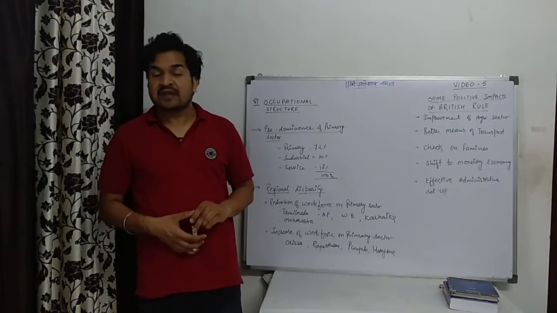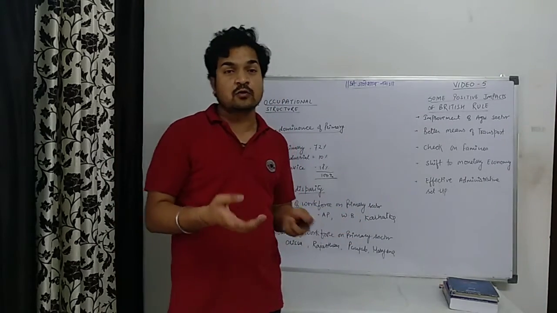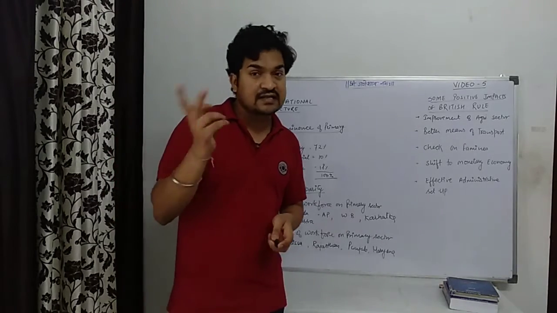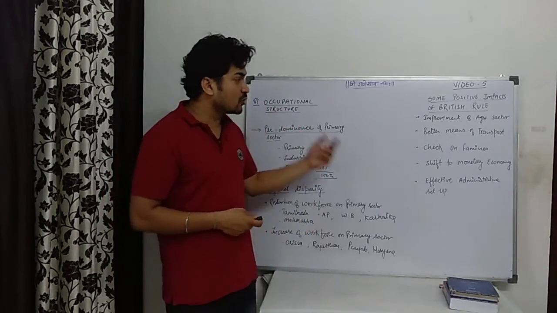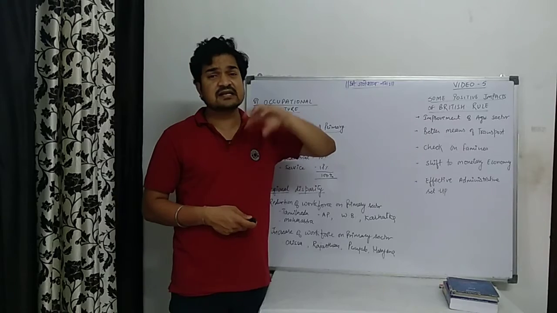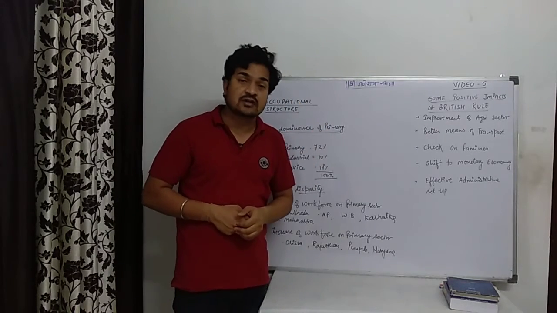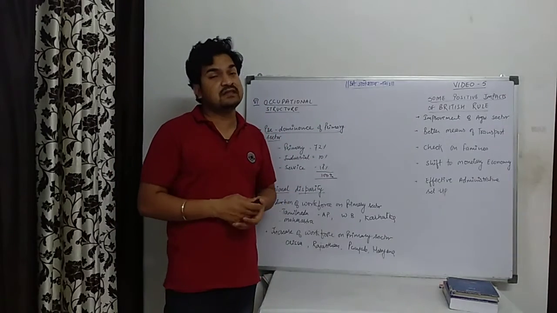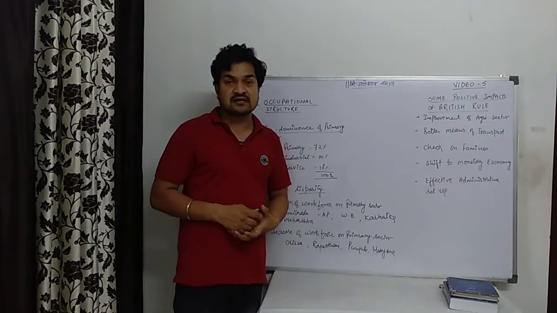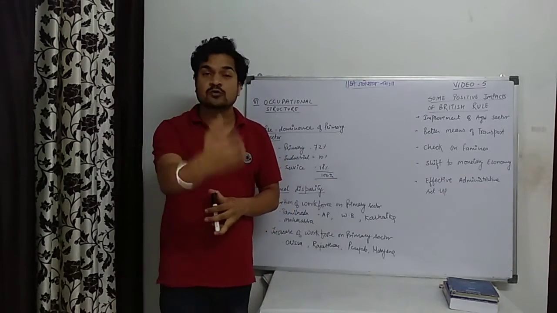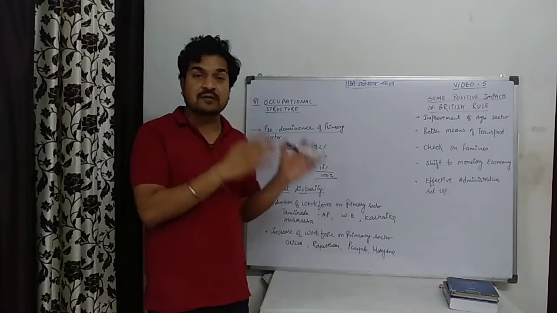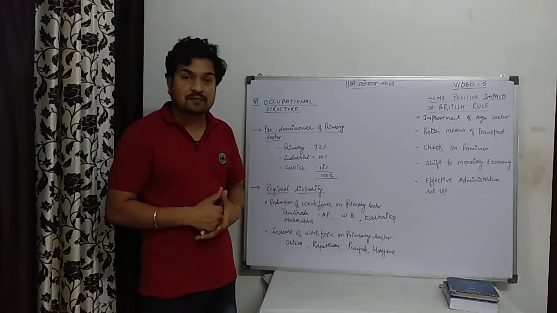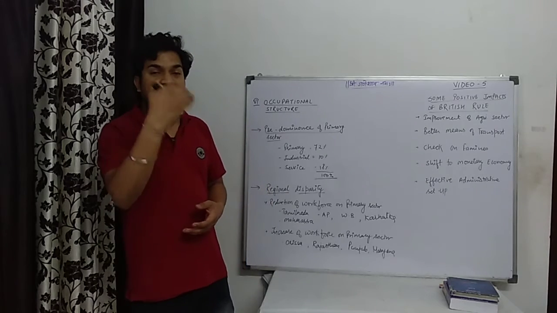Next one is the check on famines. Actually, India is totally relying on the agriculture sector, and Indian agriculture is totally gambling on the monsoon. If there is a good rainfall, then there is a good harvest. If there is a bad rainfall, then there is a bad harvest. Because of natural calamities, sometimes we face famines also, but at that time we were unable to cope with these types of famines. After the Britishers, they taught us how to store our food grains and how to supply them from one place to another, and this is possible just because of transportation. So now we are able to cope with the situations of famines and starvation,